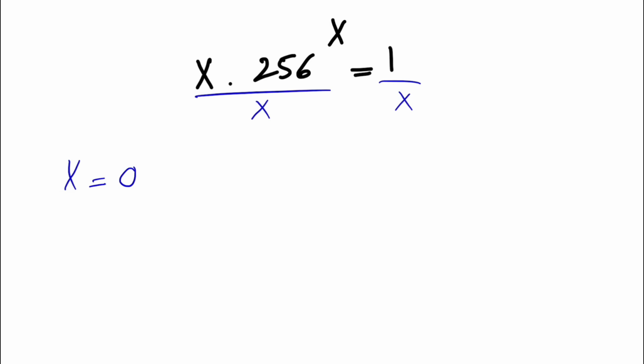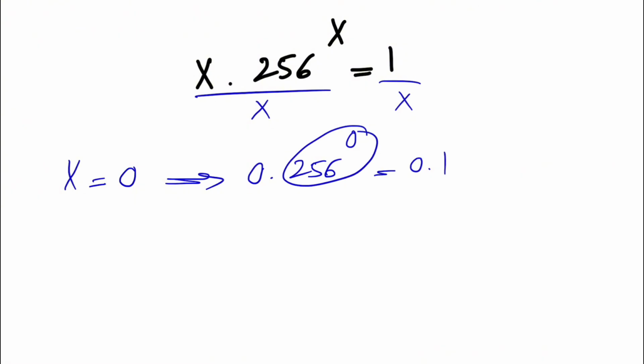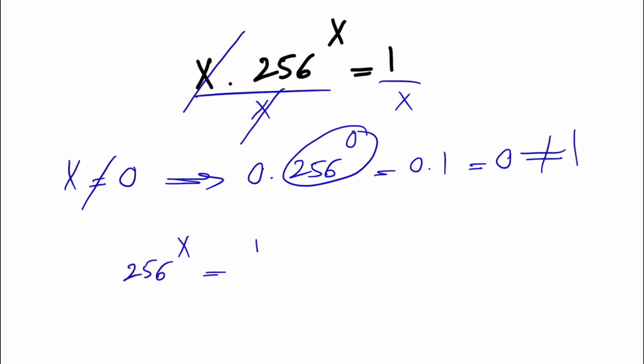Let's see if x is equal to 0 is one of the answers, and if we do that we'll have 0 times 256 to the 0, which would be basically 0 times 1, which is 0, and this is not equal to 1. That means our x cannot be 0. So we can divide this equation by x. So on the left side we will end up with 256 to the power of x